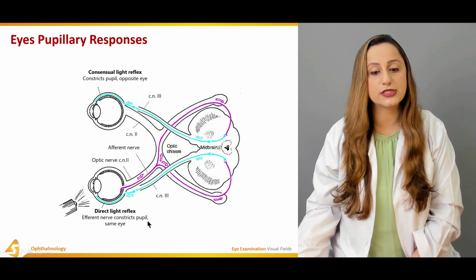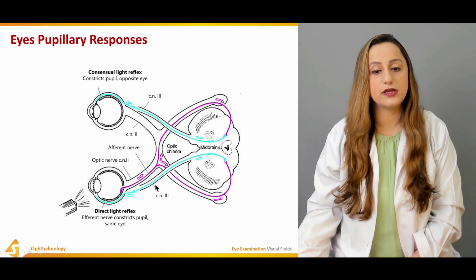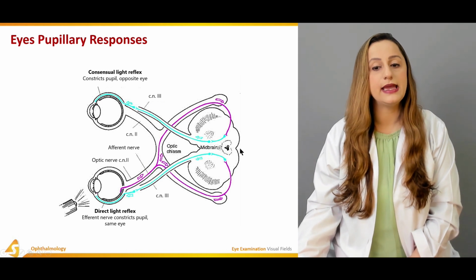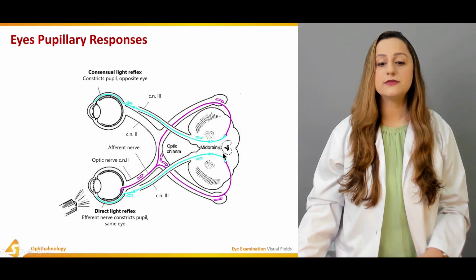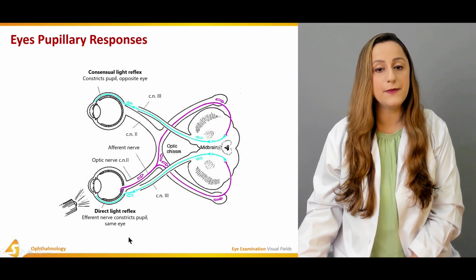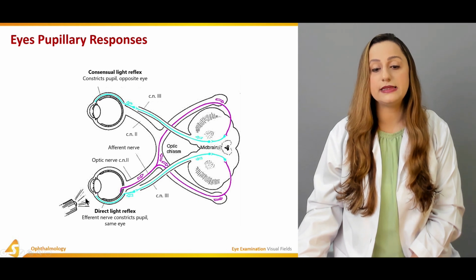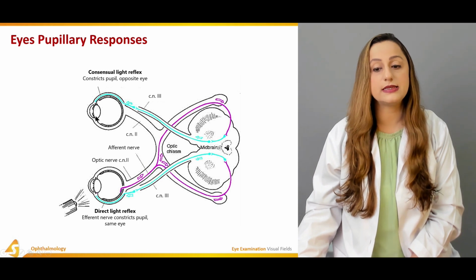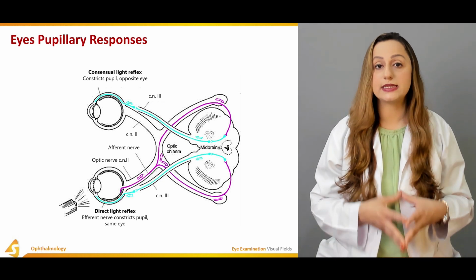The efferent nerve constricts the pupil of the same eye, and then we have the third cranial nerve over here. We have the afferent fibers that are going from the eyeball towards the midbrain or towards the occipital lobe for the interpretation. So this is basically the direct light reflex. The efferent nerves constrict the pupil of the same eye, and then we have the consensual light reflex, when the torch is placed over here, but it constricts the pupil of the opposite eye. So this is the difference between the consensual light reflex and the direct light reflex on the